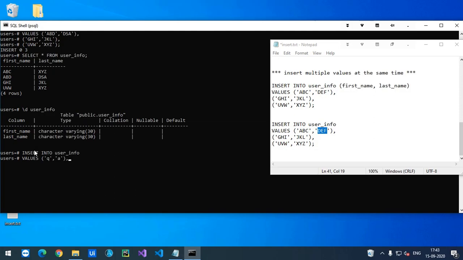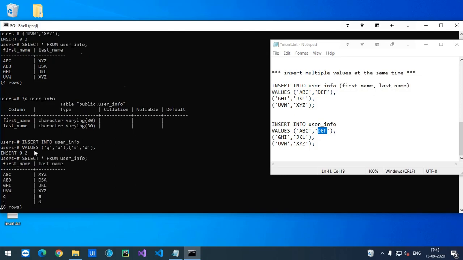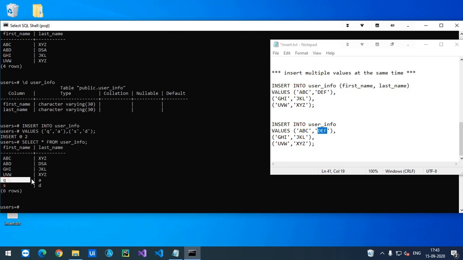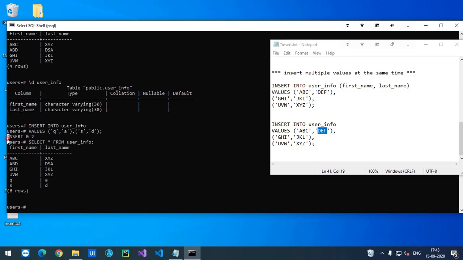Then comma, and the second value is 's' and 'd'. Now I'll end this query with the semicolon. Let me select all from user info. So this is q, a, s and d, and insert 2. It inserted the two values inside this table.